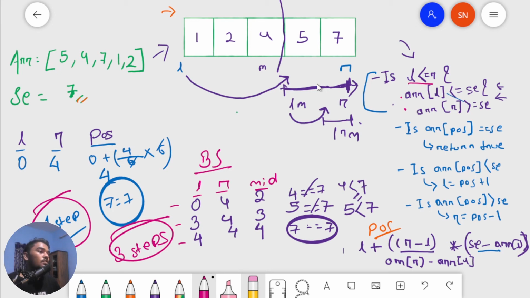It is not just going through and calculating the middle element. Instead, it is calculating the most probable area where the element we are searching for could be, according to its size. As 7 was a really big value, it should be at the highest end. So it just took us to the highest end, and guess what, we have found it. So that's how interpolation search works.